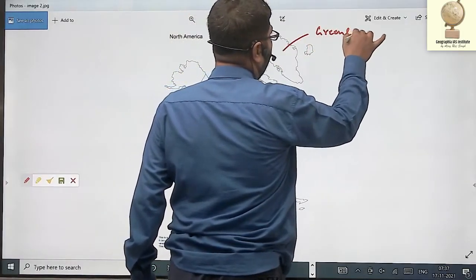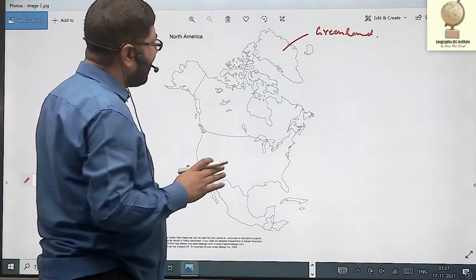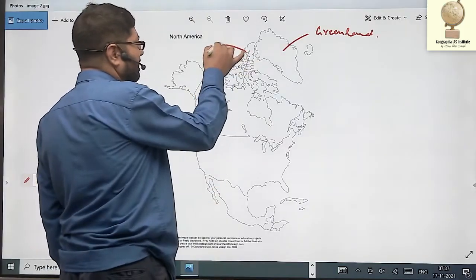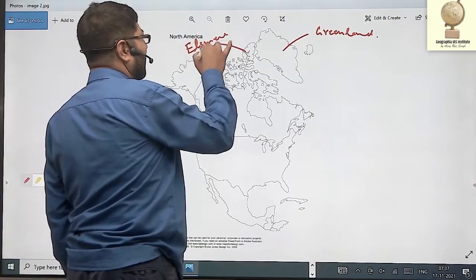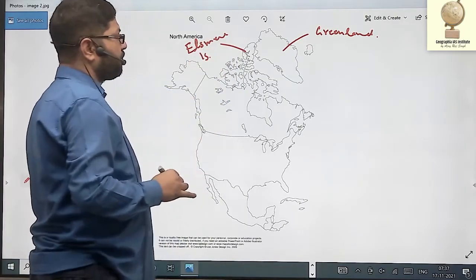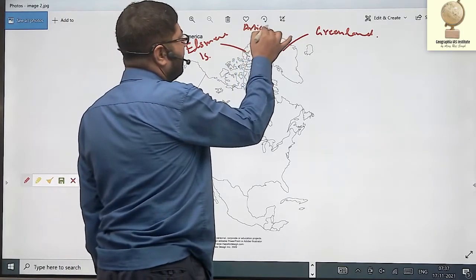Greenland. In the northern part of North America, there are numerous islands. For example, this is Ellesmere Island. North of it is the Arctic Ocean,